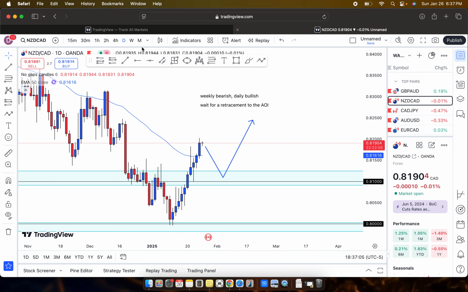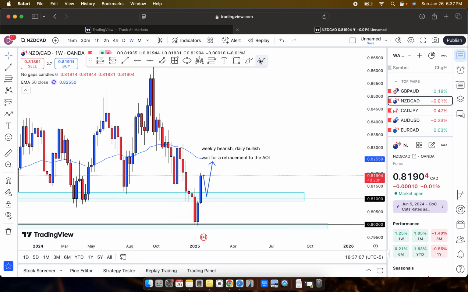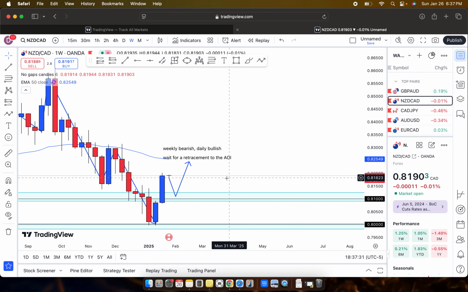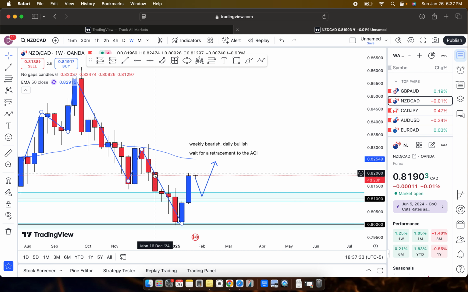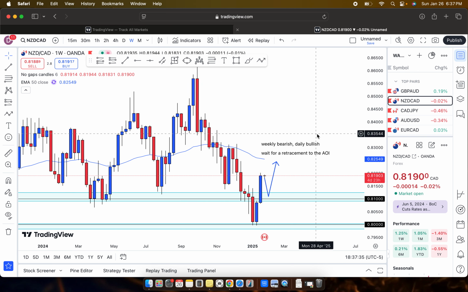upside. Now on the weekly, we are bearish. How? The price was previously making higher highs and higher lows, and then a shift of structure happened. Then we got a lower low, lower high, lower low, and price will potentially be making another weekly lower high somewhere at this point or this point. We don't know, right? We're not here to judge. We're only here to anticipate what may possibly happen. But anyhow,